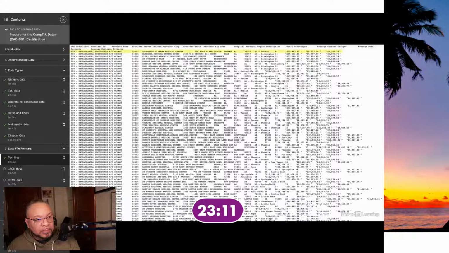Look, for example, at the first record here. It's telling us that if you're having one of these extracranial procedures at the Southeast Alabama Medical Center, you can expect that they'll bill you somewhere in the vicinity of $33,000. The next line shows us that the same procedure is about half the price at the Marshall Medical Center. That's important information, and you can imagine that a data scientist might be interested in analyzing the thousands of records